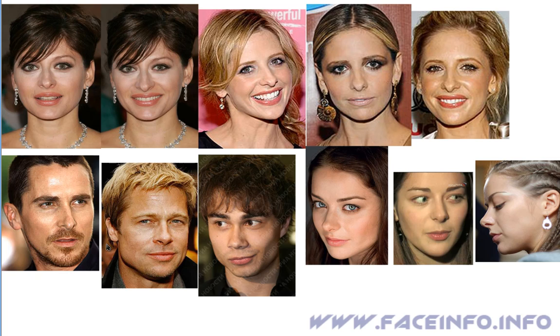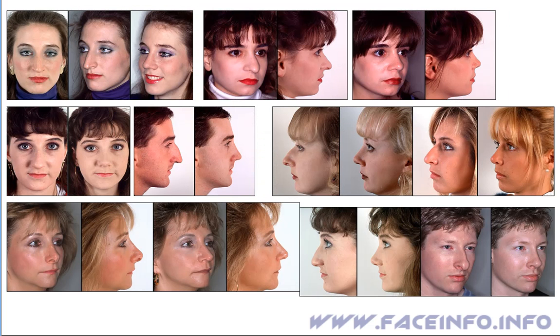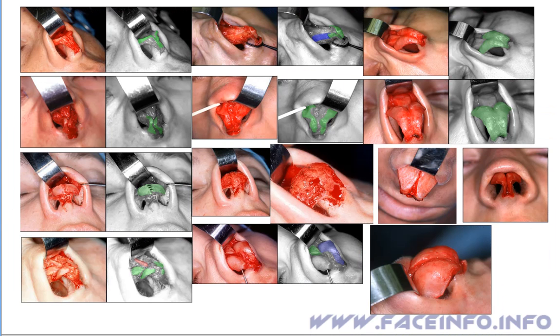If someone is not satisfied with the size or the shape of his cartilages, rhinoplasty can successfully change them, as it's done in the photos, for example. That's if the surgeon is a real professional. So these are the photos of a repeated rhinoplasty on noses which have already been operated on, however,